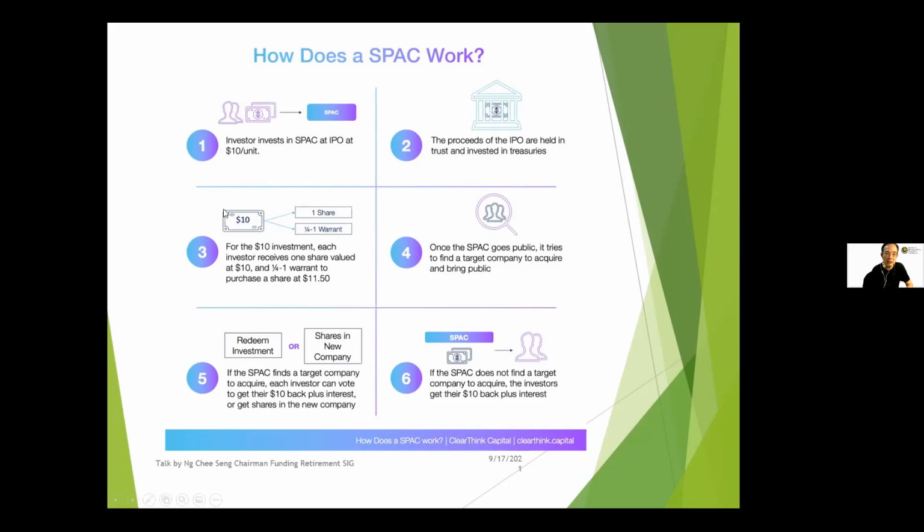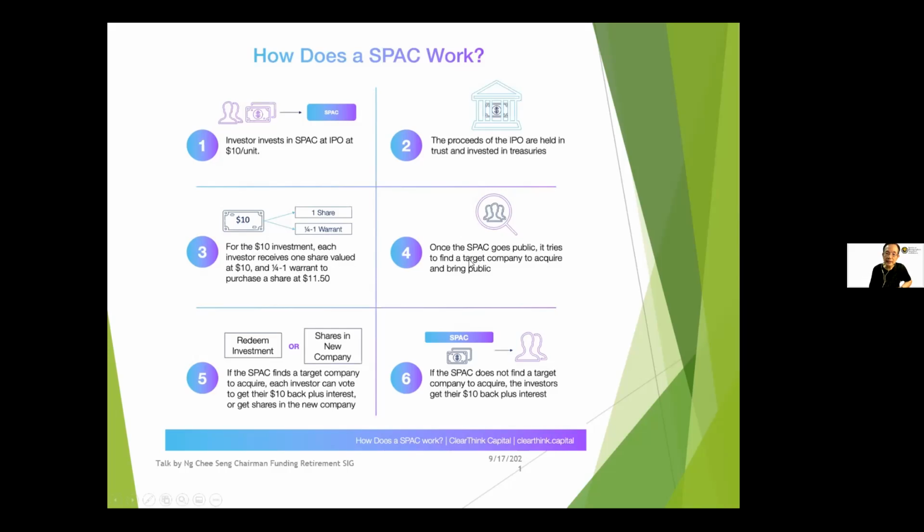For every $10 you invest in the SPAC company, you will get 1 share and proportionally either a quarter to 1 warrant. This warrant is meant for you to subscribe for additional shares if you like, once they have merged with a company. So each $10 investment, each investor receives 1 share valued at $10 and a quarter to 1 warrant to purchase a share at 11.5. And this is going to be higher than your initial investment. So once the SPAC goes public,